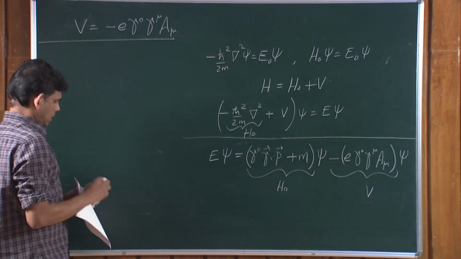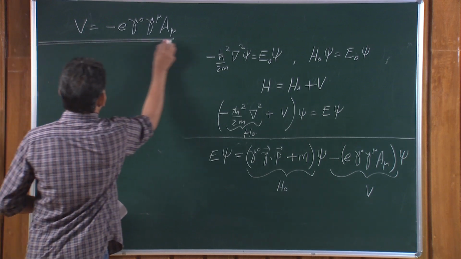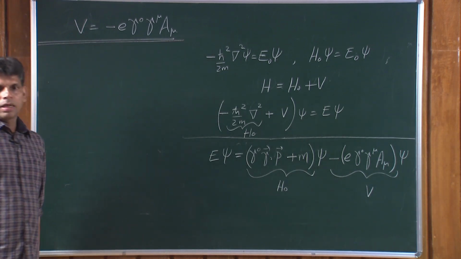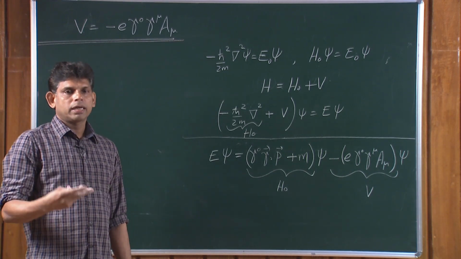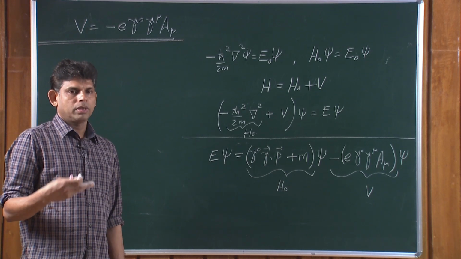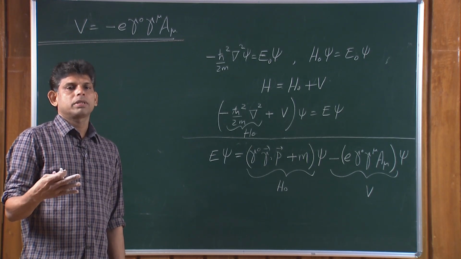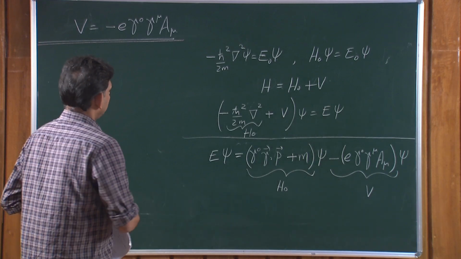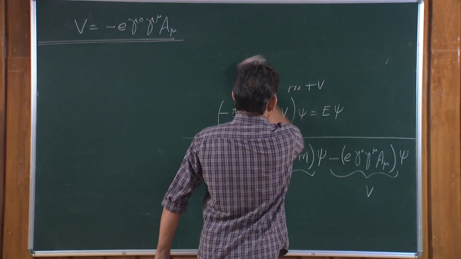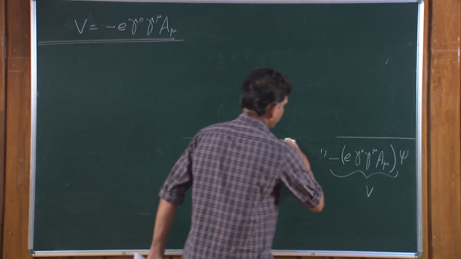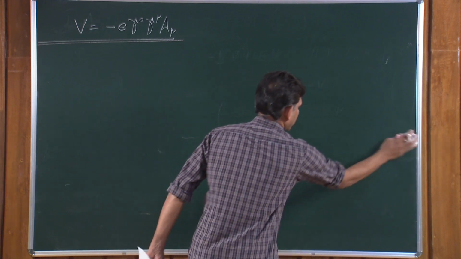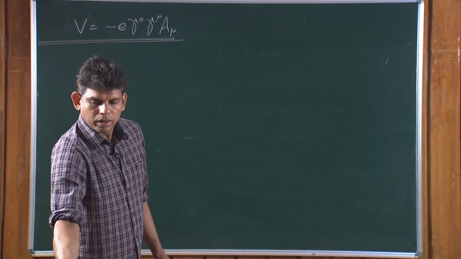So, this is the potential corresponding to the electron interacting with the electromagnetic field represented by A mu. Now, in this case,